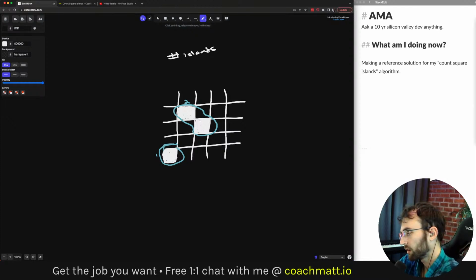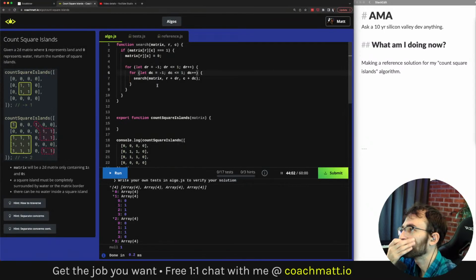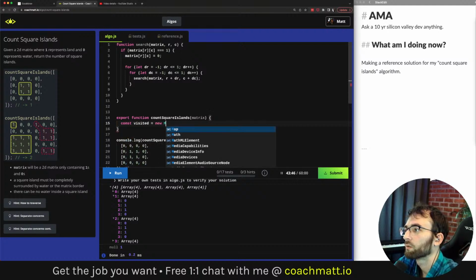or modifying the original data. I did specify that I have a test case that makes sure we don't modify our data directly. So let's assume that we're not going to modify our data. We need to use some additional memory to track that. In JavaScript specifically, we can have our own visited array, our own set of visited elements, so maybe you can use a new Map, or let's just use a new Set, right?